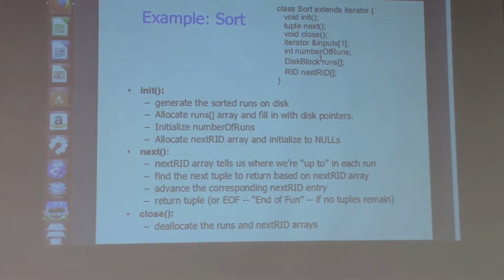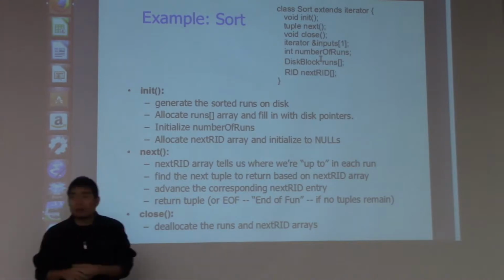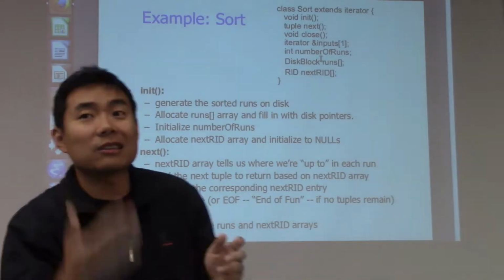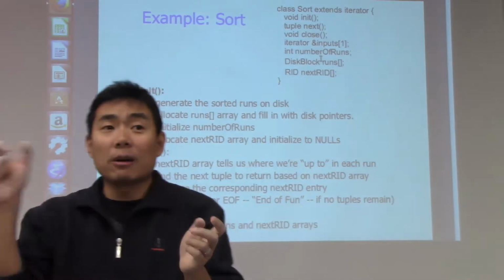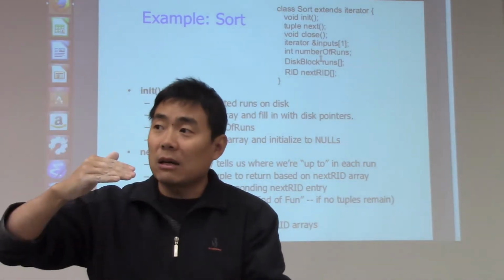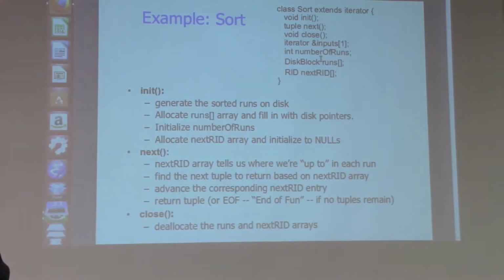So these cursors are represented by the RAD value of the next record from the corresponding round during your merging process. What about the method next? Well, next will produce the next tuple in the merging process. In other words, whenever somebody calls next, what do you do? Well, you check all the records pointed by the next RADs in the next RAD array and return the record with the smallest value